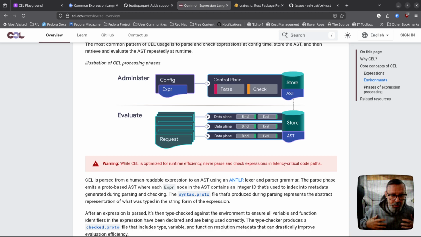So, but what we care about, let's say in a Kubernetes environment, is that I can know that this expression will at most cost so much. Am I willing to accept this cost in the context of where I plan to evaluate this expression, right? And the way this works now is I can make sure here, right? I get an expression, I can parse it, make sure that it parses, I can check for it, make sure that it's safe. So for example, given that I'm not trying to compare an integer value to a string value, because